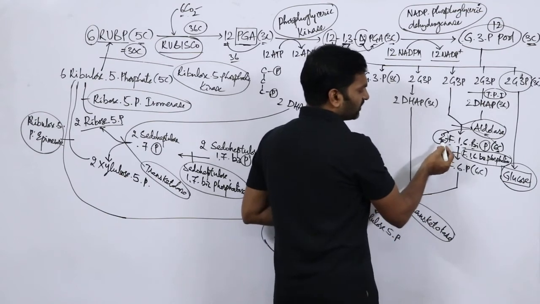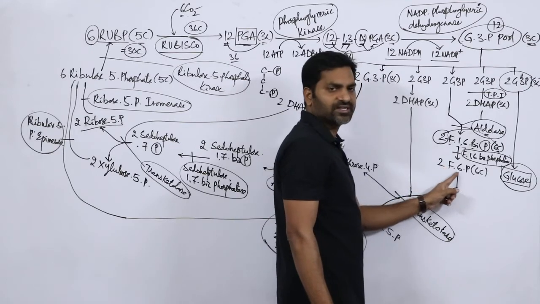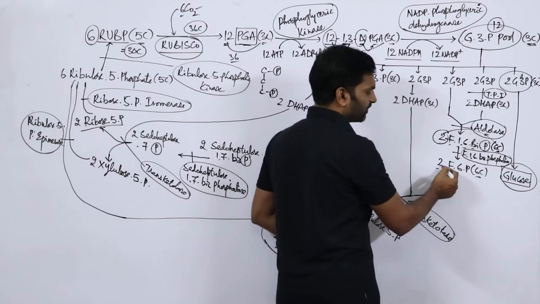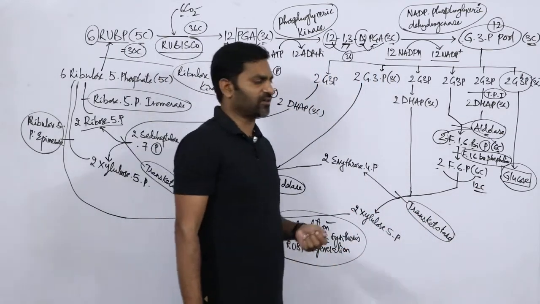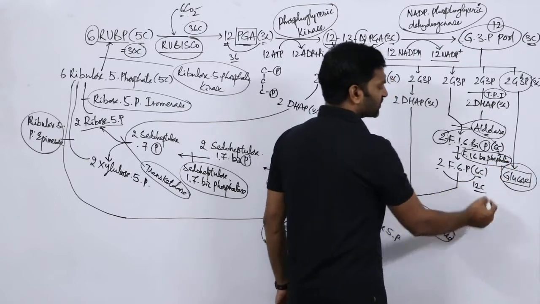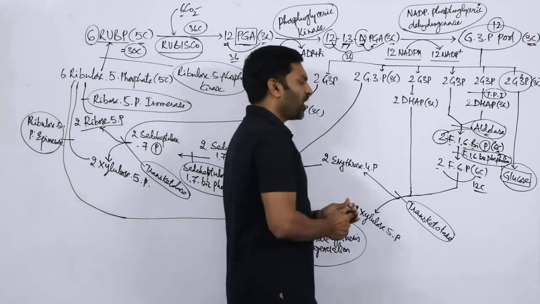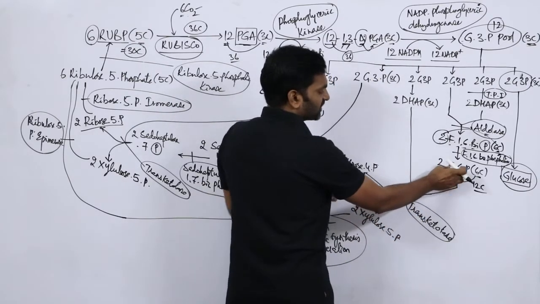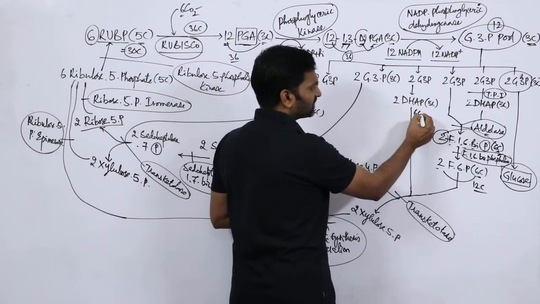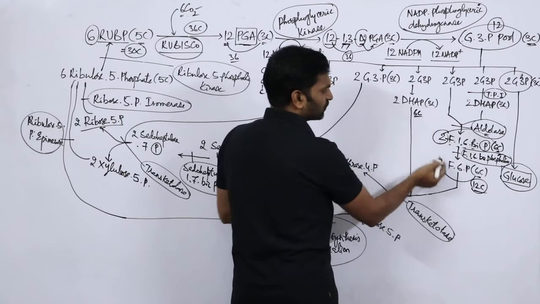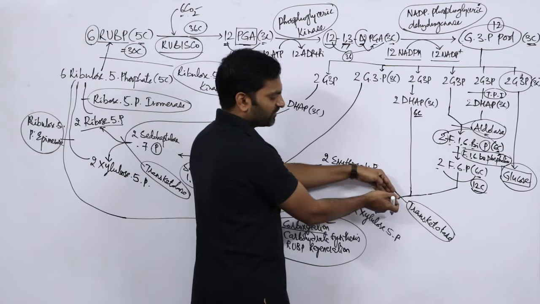Okay, now these 2 moles of fructose 1,6 bisphosphate are again converted into fructose 6-phosphate. 2 moles, 6 carbons, 2 into 6 is equal to 12 carbons. So it happens in the presence of fructose 1,6 bisphosphatase. Clear? Now this fructose 6-phosphate combines with another DHAP, that is 6 carbons. This is 12. So 12 plus 6 gives rise to, after combining these 2 compounds, they will be broken down